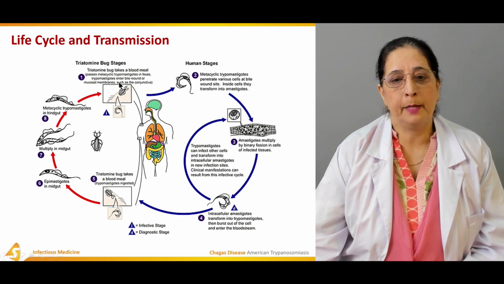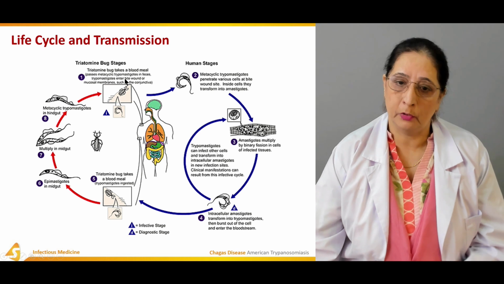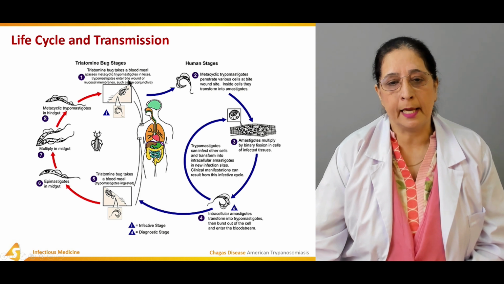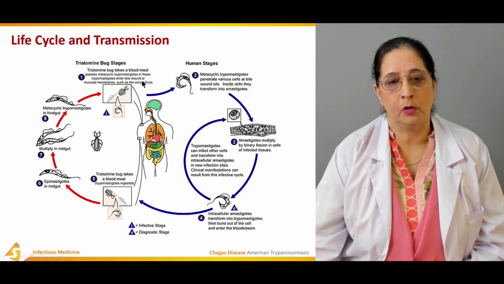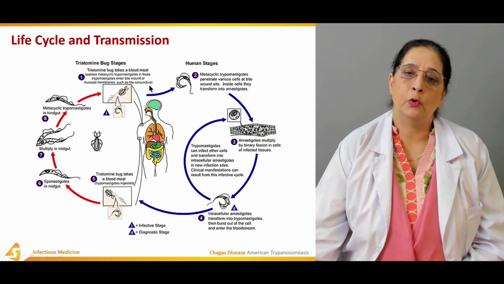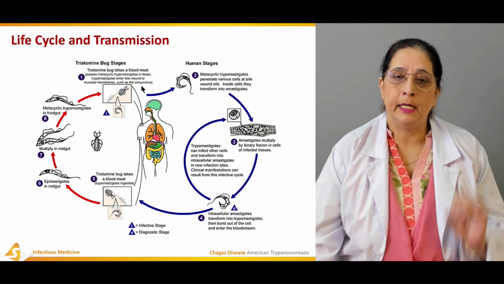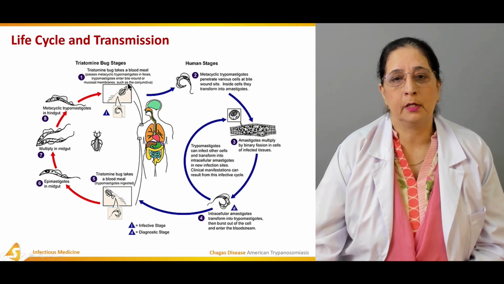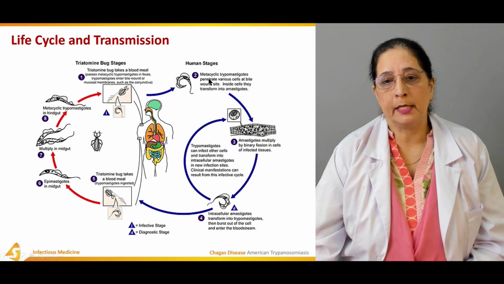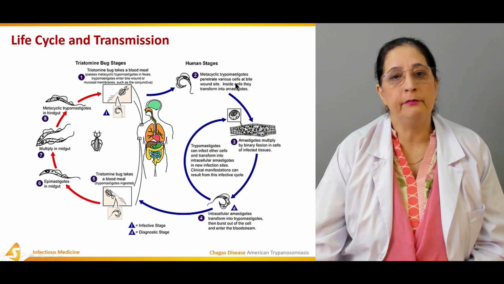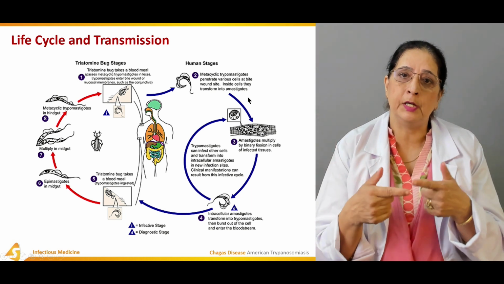metacyclic trypomastigotes are in the feces. The trypomastigotes then enter the bite wound or mucosal membranes such as the conjunctiva. So after the blood meal, the trypomastigotes enter the bite wound, and then the metacyclic trypomastigotes penetrate the various cells at the bite wound site, and after they enter the cell,